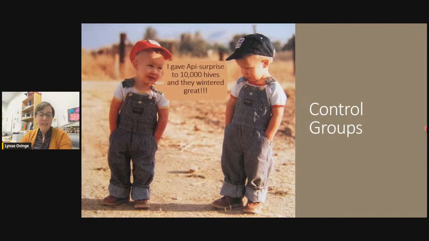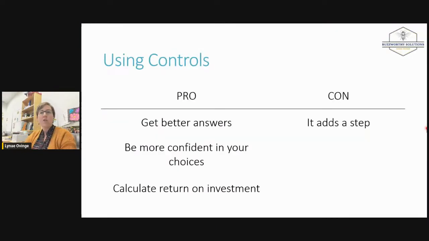And there was years, I remember when Varroa became legal, everyone wanted to put that on every hive they could and try to save them, right? So there's years when it makes sense. But I just really want to point out that when you do something like that, you're not using a control group. And so you don't really get all the information you could be getting. So by using controls, you really do get better answers.